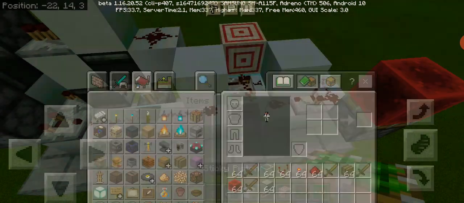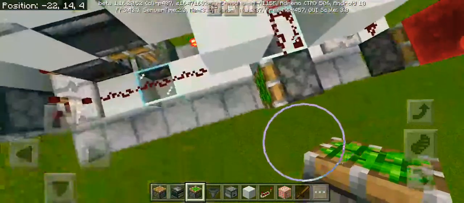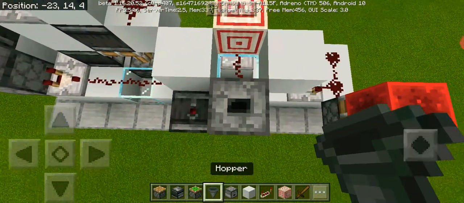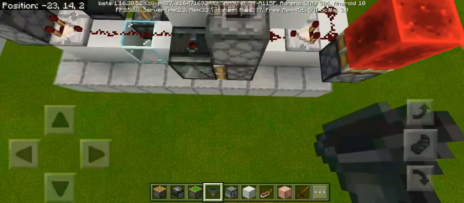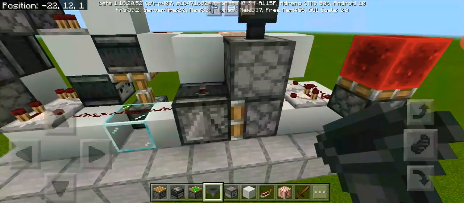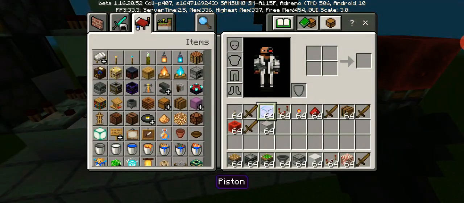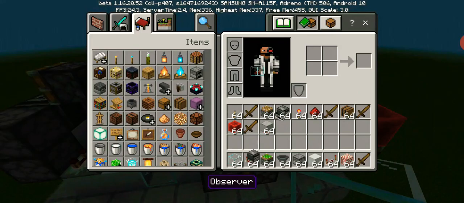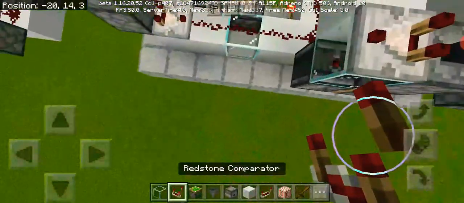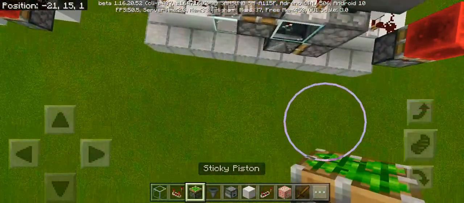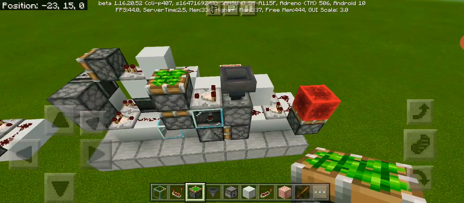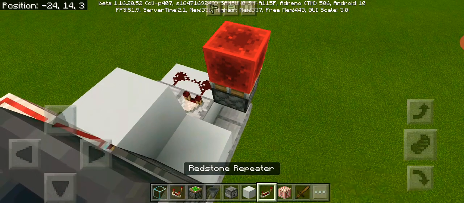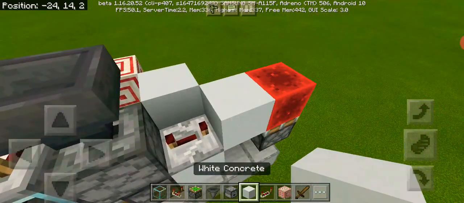Get your dropper out, put a sticky piston here with an observer facing upward, a dropper with a hopper facing downward, a glass block here with a comparator here, put your double stainless standard right there, with a block here, a repeater, set it onto 4 ticks,